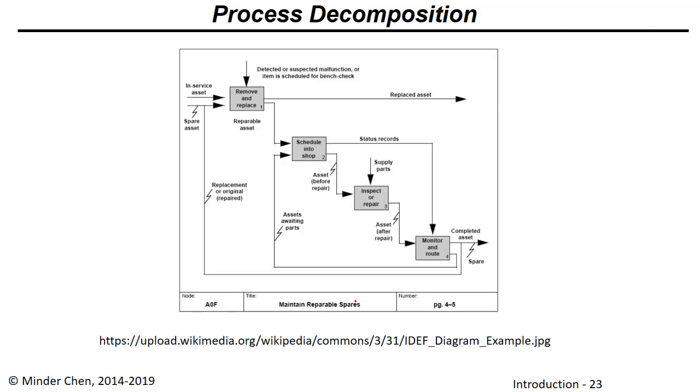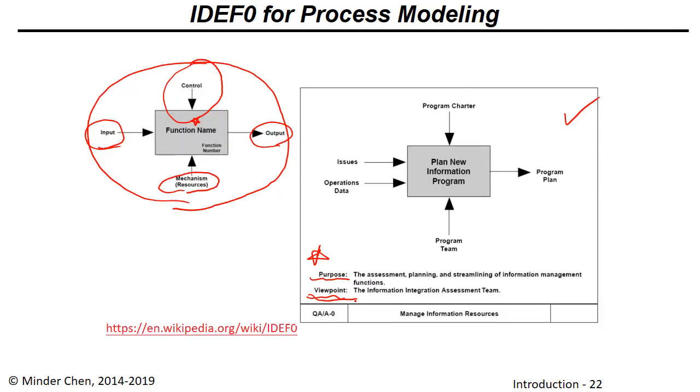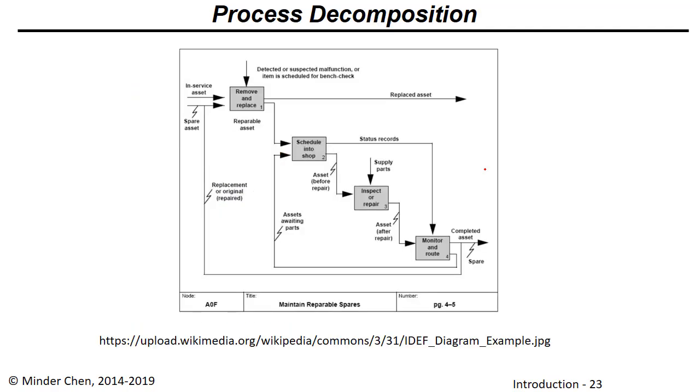This is a little bit complicated. I'm not going to describe in detail, but this actually is a process decomposition diagram, which means that in the previous diagram, we have this plan new information program, but it's very high level in order to understand what has to be done when you try to carry out this process. You will zoom in and look at what's inside, and we call it process decomposition. So we kind of decompose that large process into smaller steps and break it down,